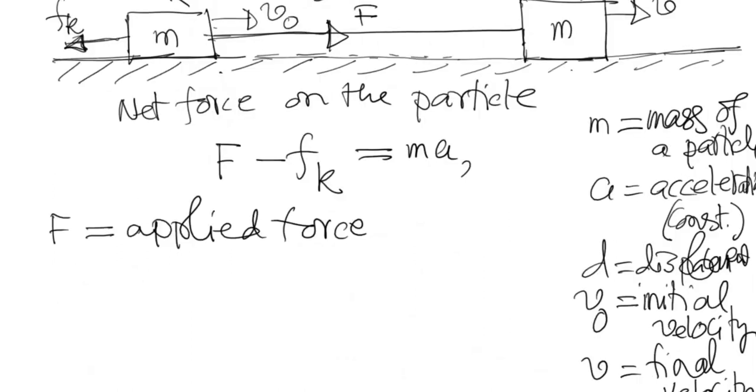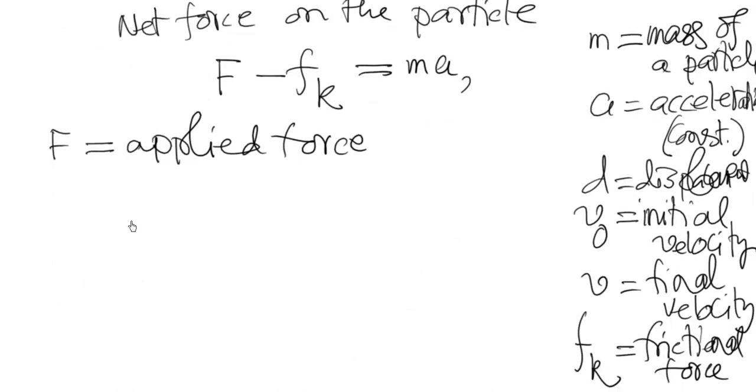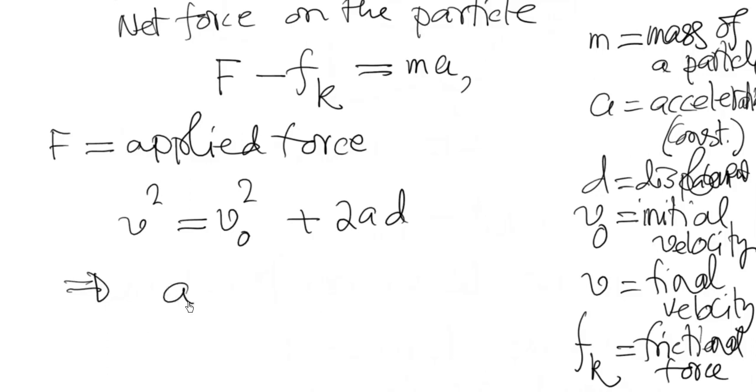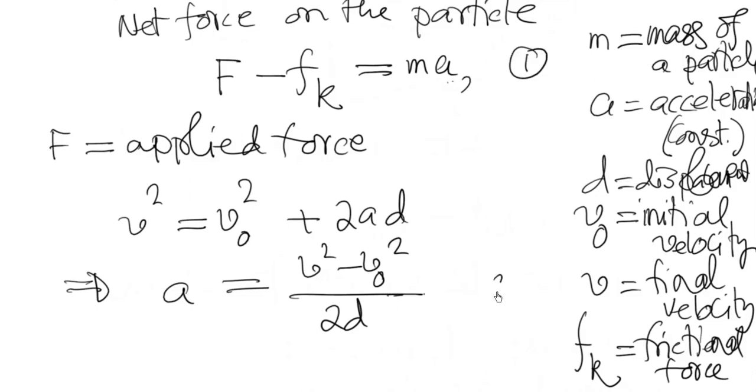Now we know for constant acceleration or constant force the equation of motion is v square equal to v naught square plus twice a d, where d is the displacement. From this we can find the acceleration. So this acceleration will be substituted here. So a is v square minus v naught square divided by twice d. So we substitute 2 into 1, we get